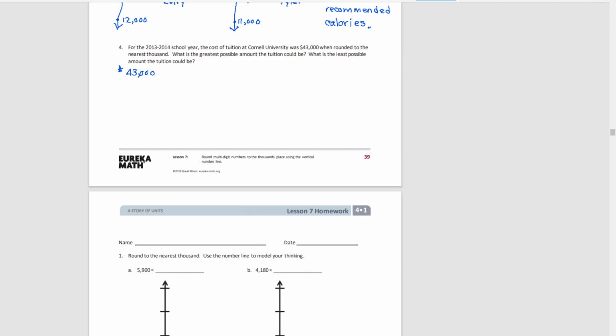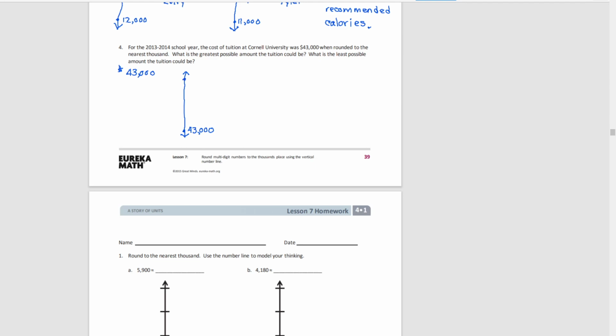What's the greatest possible amount the tuition could be, and what's the least amount? Okay, so if we know that it rounds to 43,000